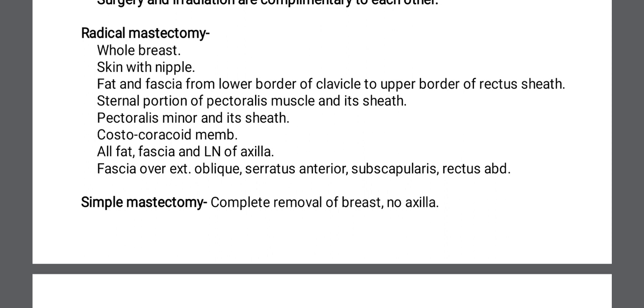So these structures are to be removed along with the breast,